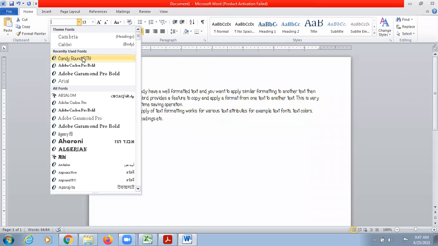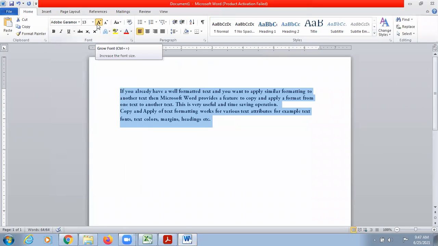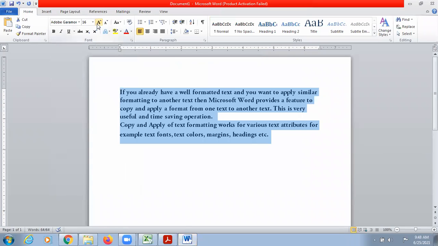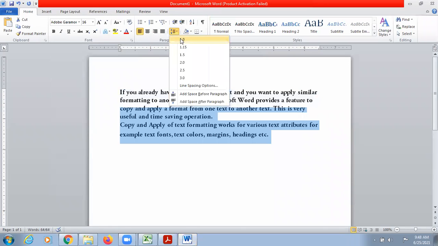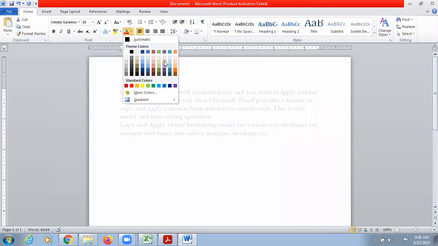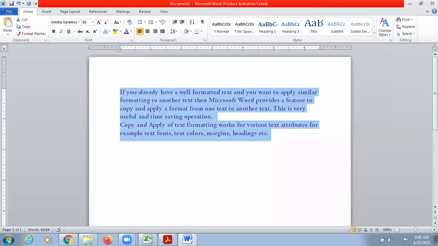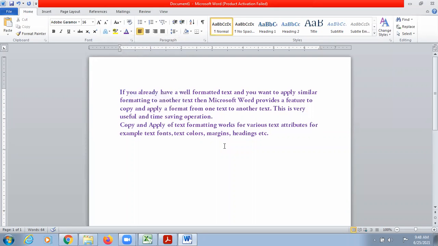Font style should be this. Size should be 15. Line spacing should be 1. And it should be in a purple color. This color. Okay. So this is the formatting which I have applied on my text.